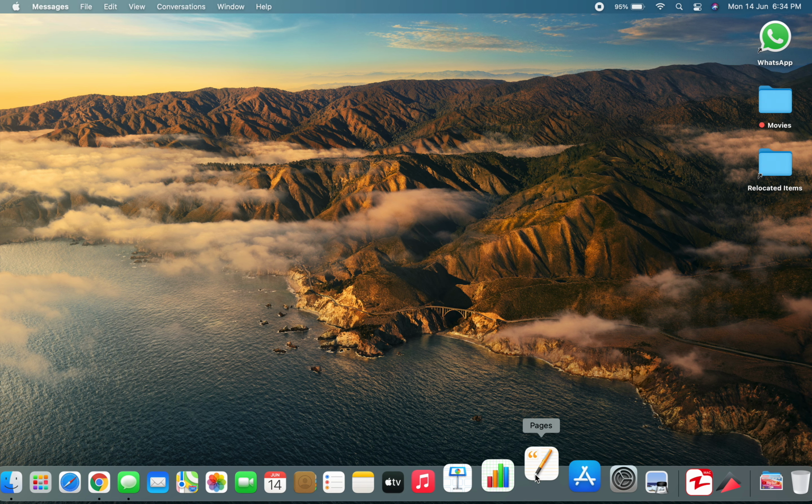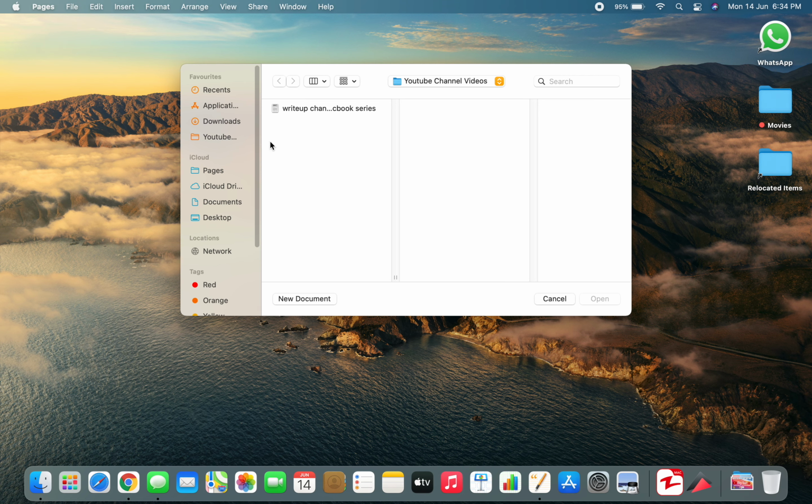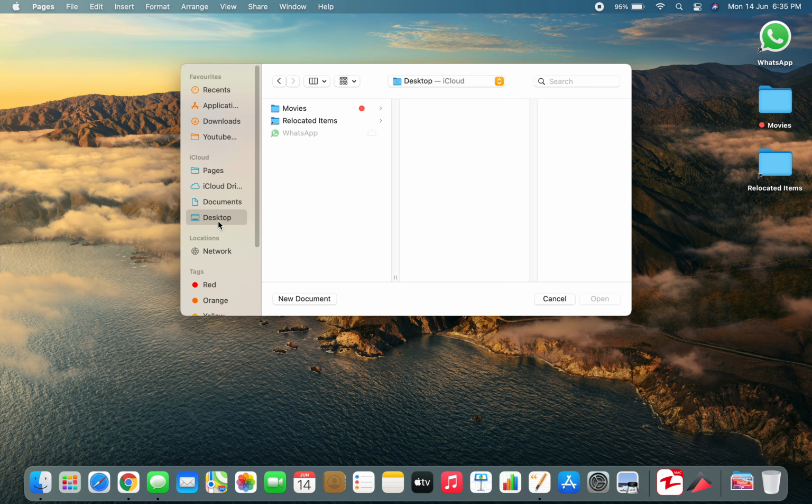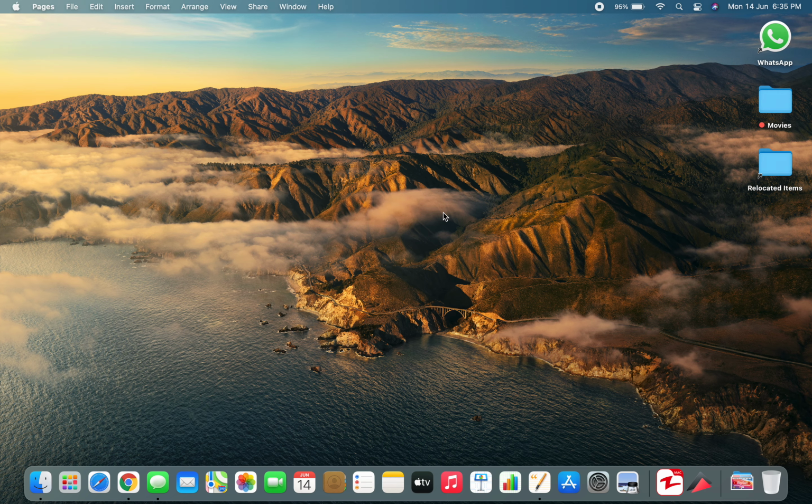Here, so I have opened Pages. Now I have selected many windows. So just selecting window, I can choose anything which I want. So let's say I have opened many things, another Pages. So here you can select many important stuff like I have selected. So it will be really easy for you guys.